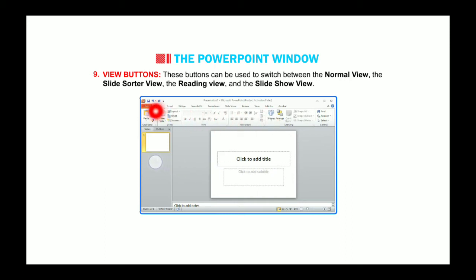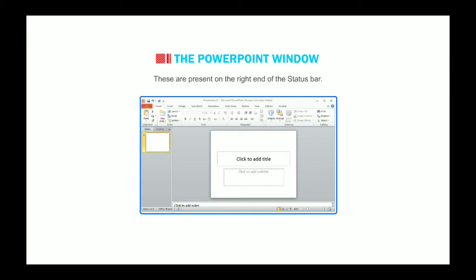Here, this is the view button. These are present on the right end of the status bar.